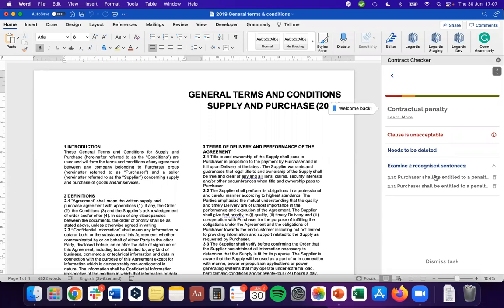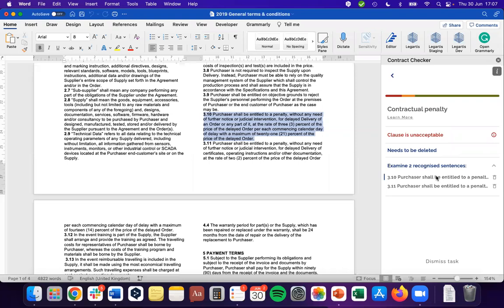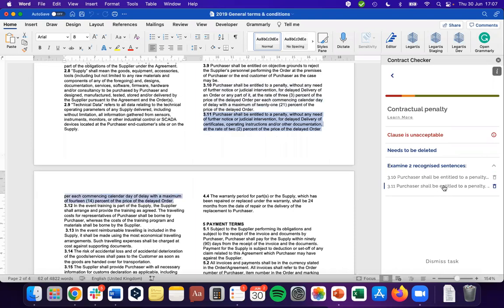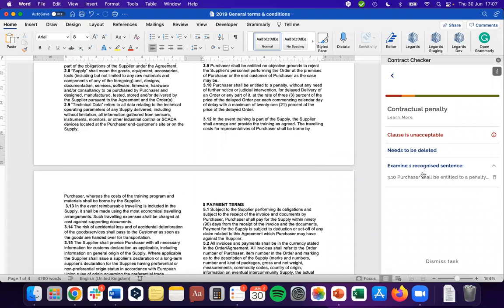So let's examine 2 sentences that were found by the AI. The first sentence, let's have a look. The first sentence already tells me purchasers shall be entitled to a penalty. That doesn't look good. And the exact same thing is shown in the second one. So what I can do is quickly click here on the delete icon, and the relevant paragraph will